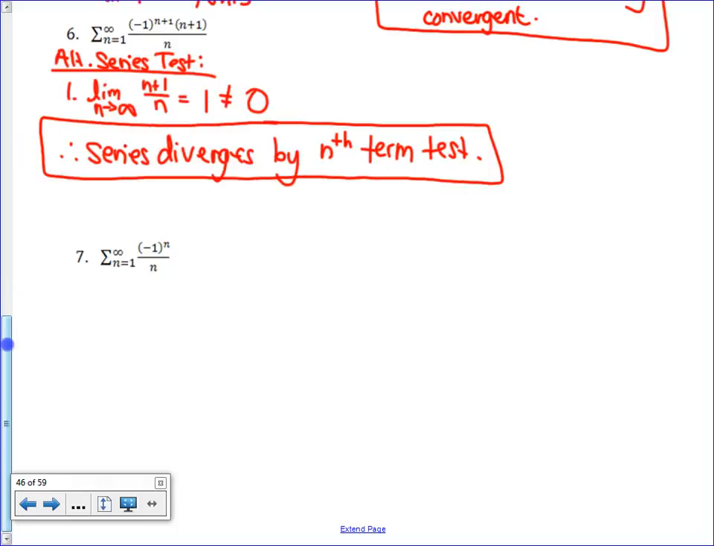So all of us together, how do we do number 7? Would you do absolute value or alternating first? I'd do alternating. Yeah, you can do either way. I'm going to go back to my normal though. So then consider,